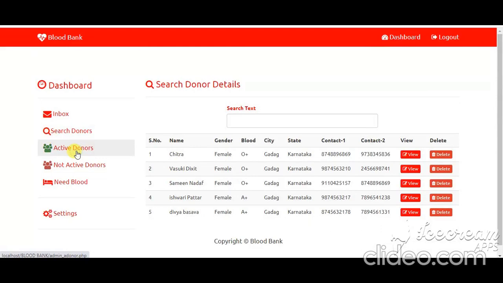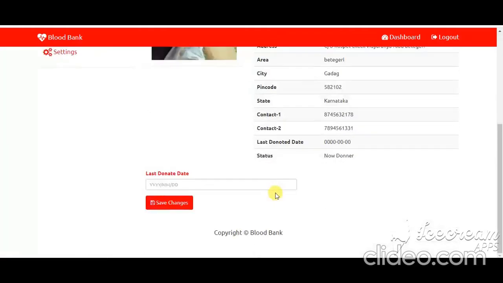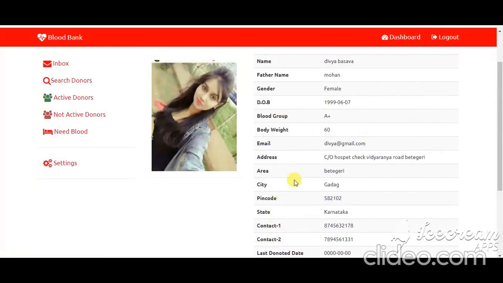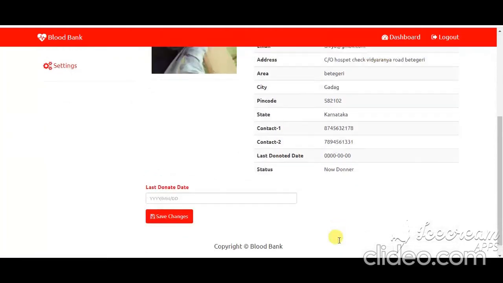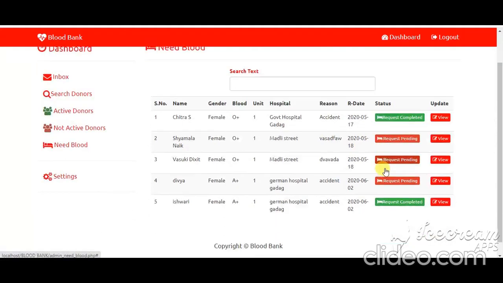Similarly for active donors, not active donors and need blood. Here the status is shown. You can view them.